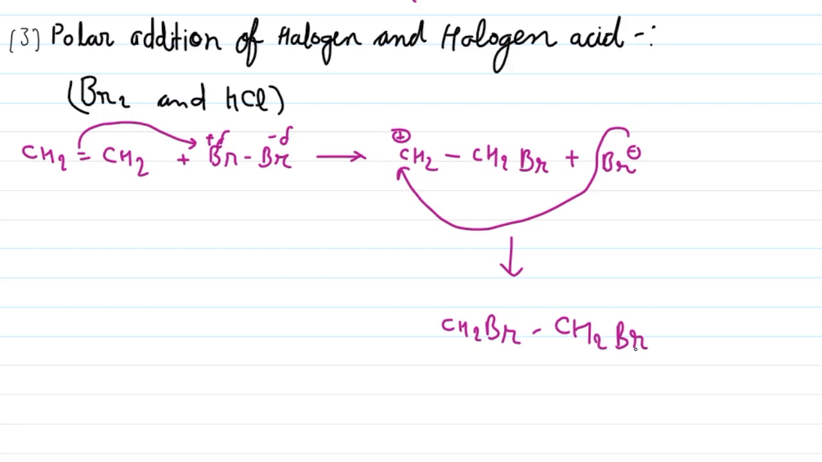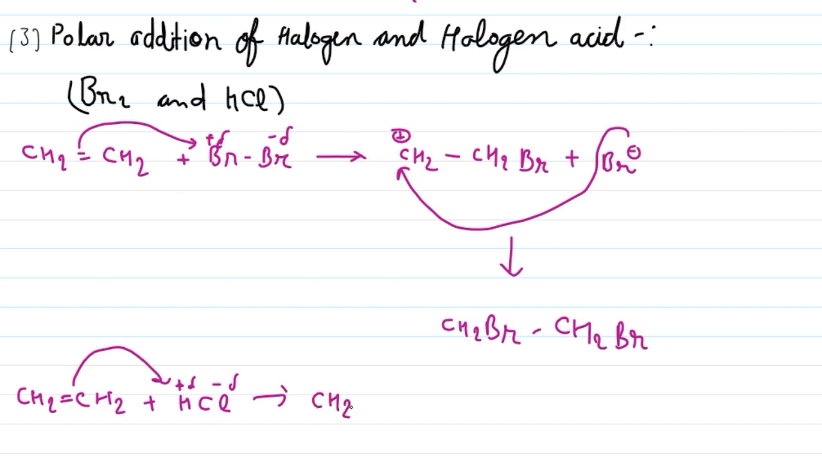This is our final product, and this reaction is a type of stereospecific reaction named as polar addition of halogen and halogen acid. Second example, ethene reacts with HCl, hydrochloric acid: CH2 double bond CH2 plus HCl. HCl has hydrogen partially positive and chloride partially negative. In this case, this bond attaches with the hydrogen atom and gives